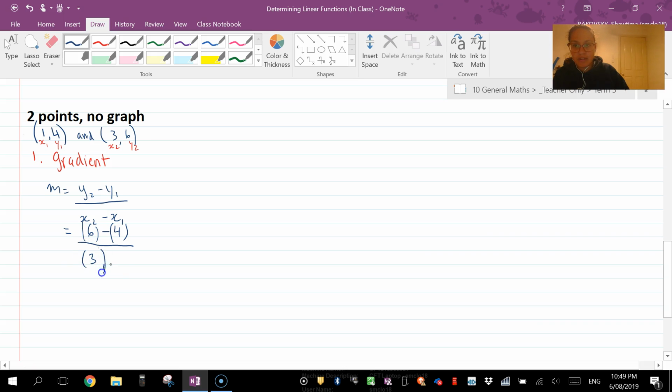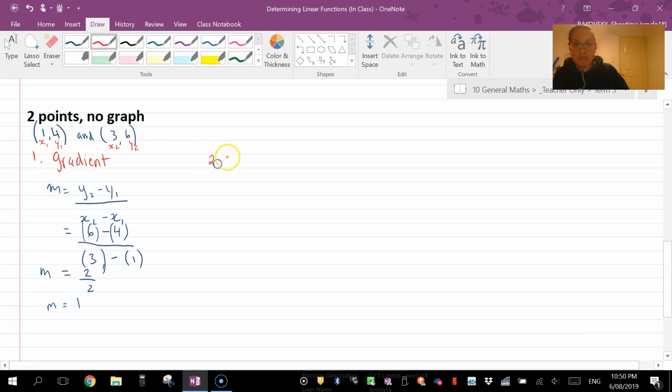So if we can hide that, there we go. 3 minus 1. Some nice whole integers, positive integers. 6 minus 4 is 2, 3 minus 1 is 2. My gradient, therefore, is a positive 1. Now that I have a gradient, I can find